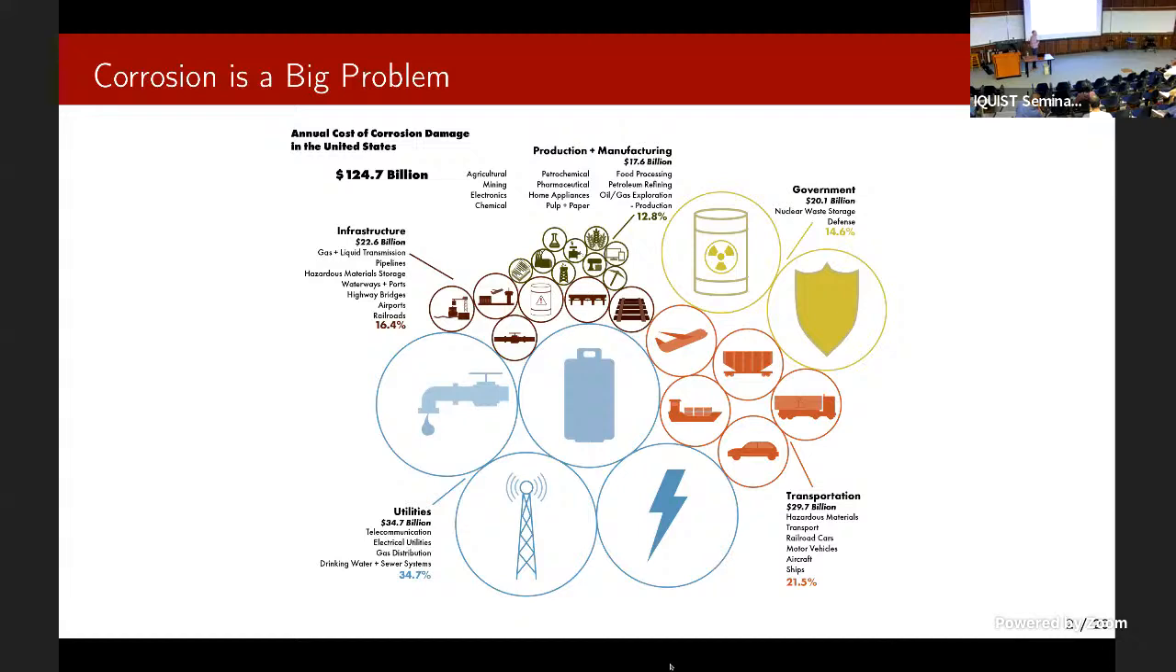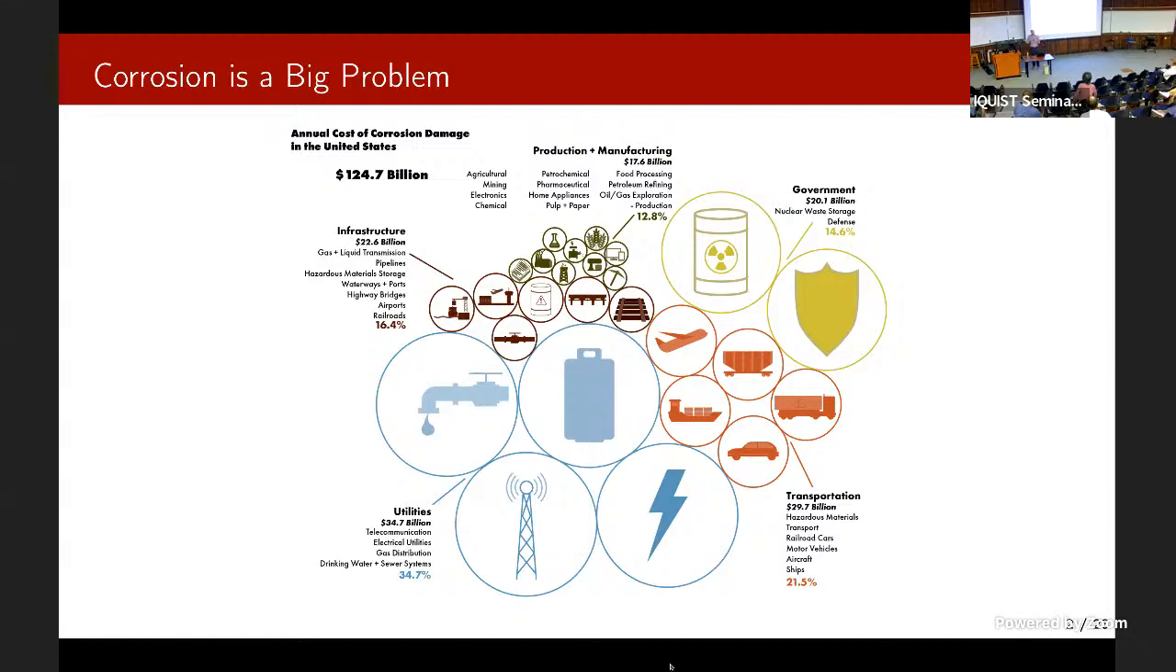You're probably familiar with corrosion because you live in Illinois, I live in Wisconsin. There's a lot of salt on the roads. The salt gets on your car, starts to rust, starts to break down, falls apart. That is rust, that's corrosion. But corrosion doesn't just affect personal cars in the Midwest. It affects utilities to the tune of $34.7 billion per year, infrastructure of various types, including airports, railroads, bridges, pipelines, the government with nuclear waste storage, as